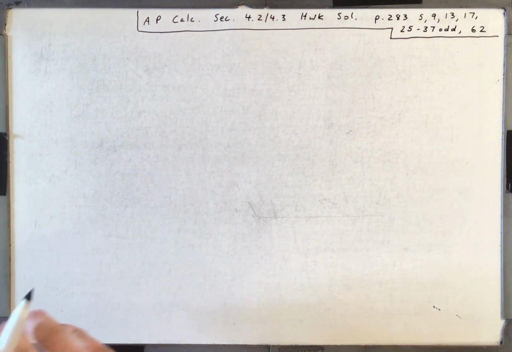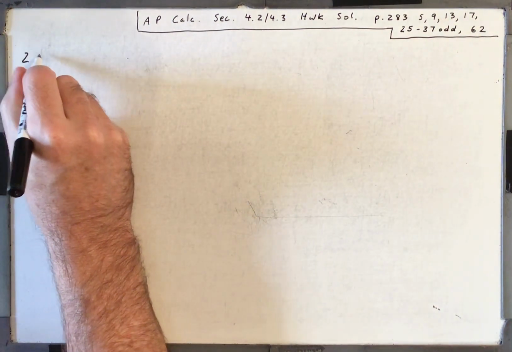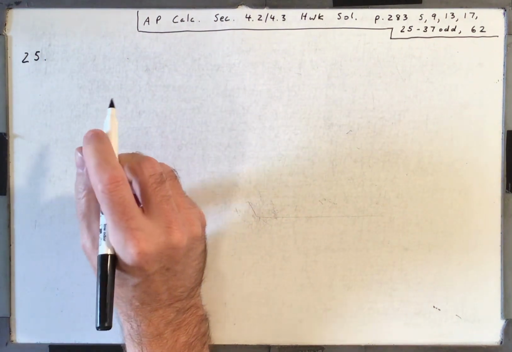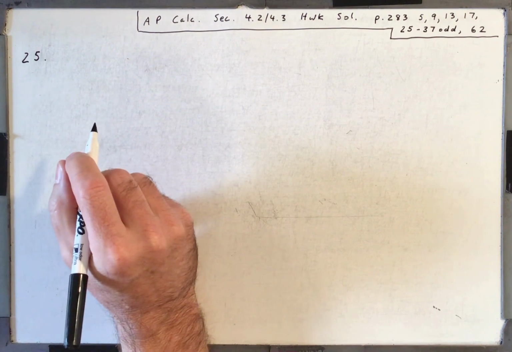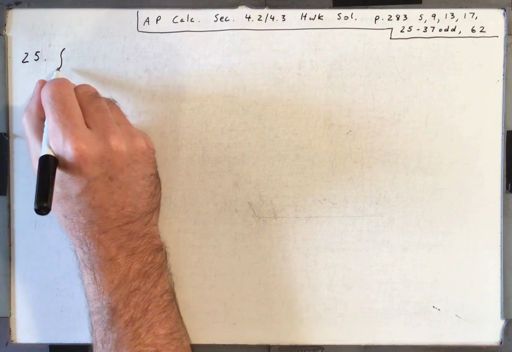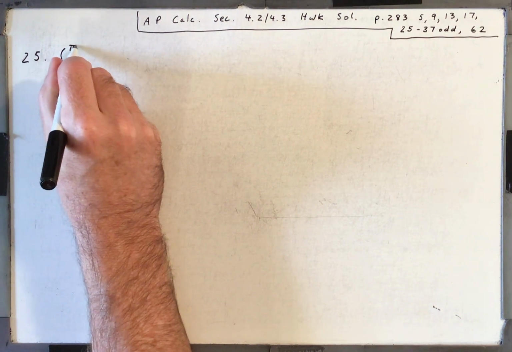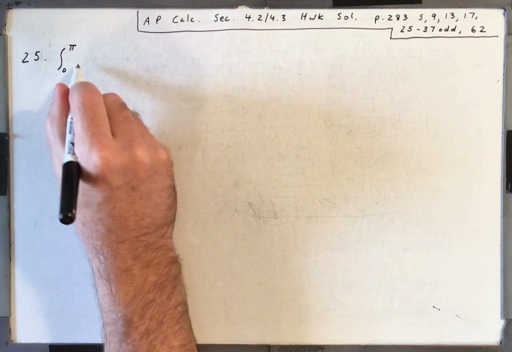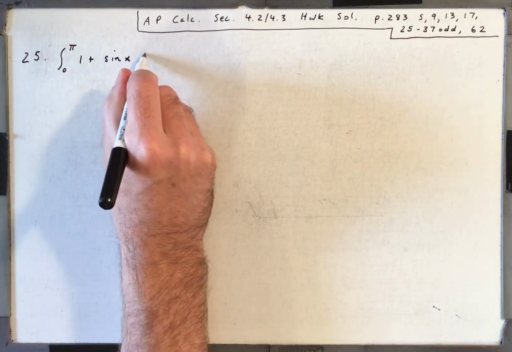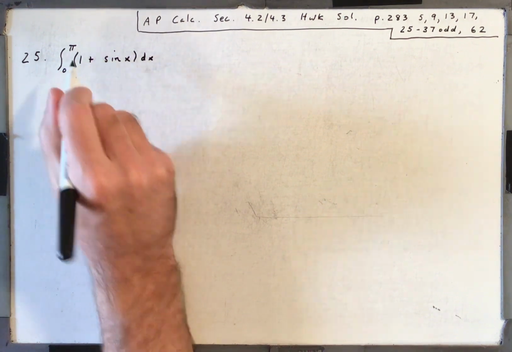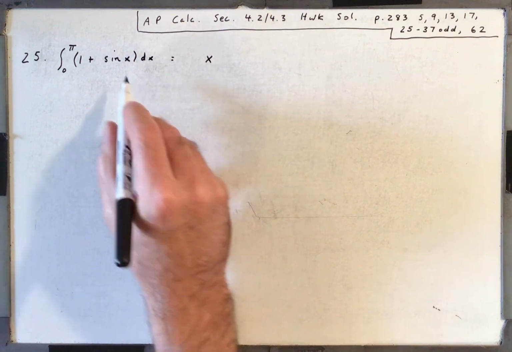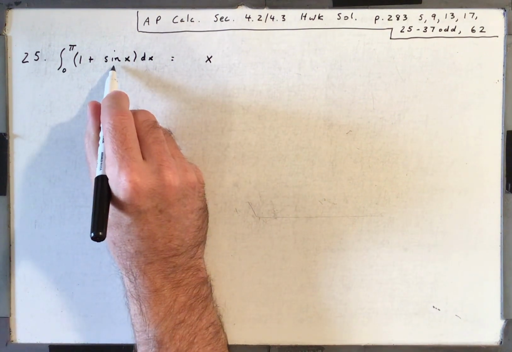All right, now let's go to 25. Okay, so 25, we are integrating from 0 to pi of 1 plus sine x dx. Okay, that's going to be the antiderivative of 1 is x, and then the antiderivative of sine x would